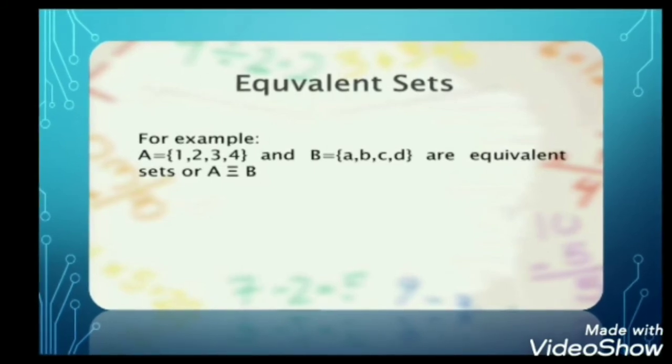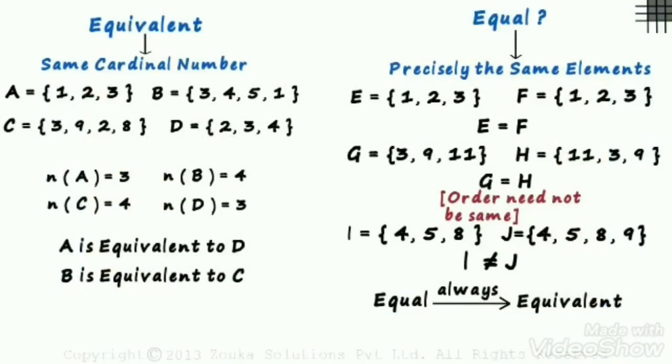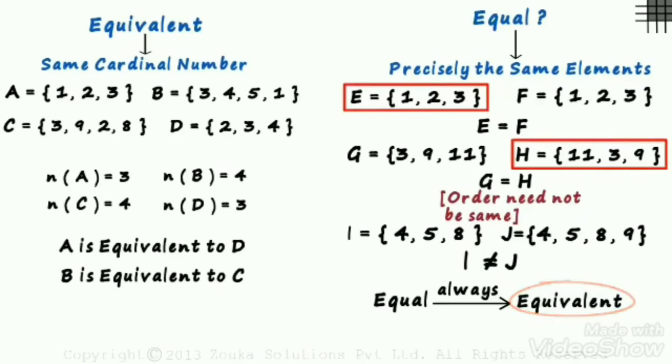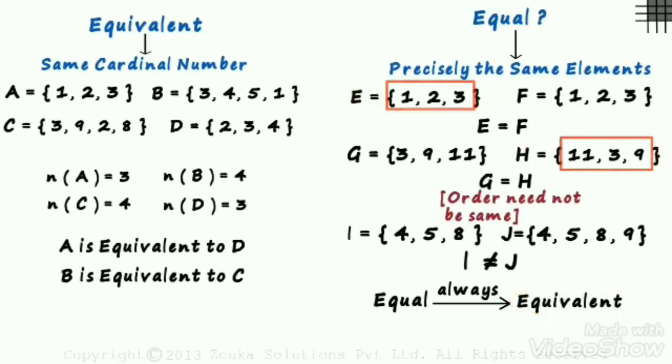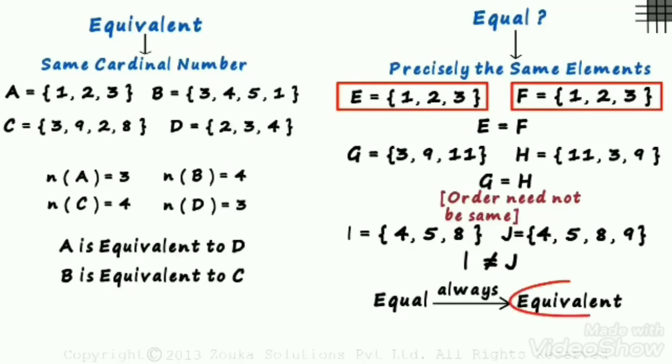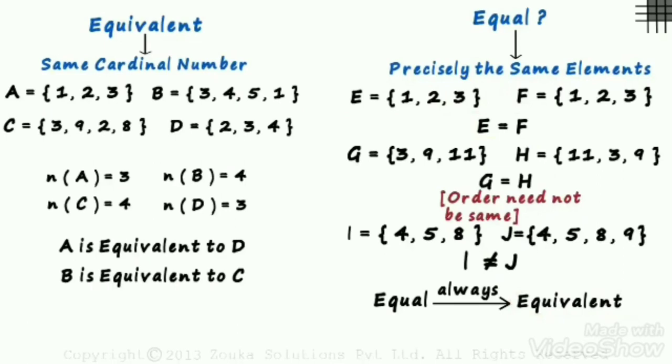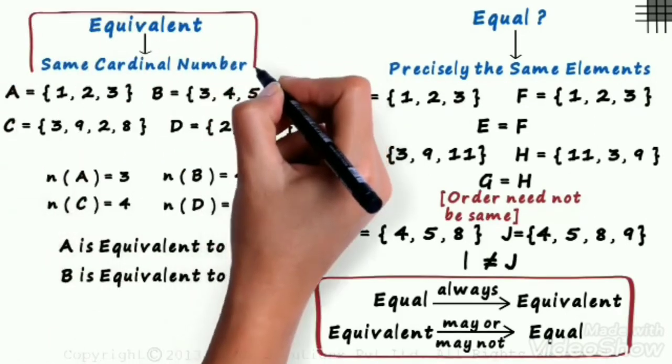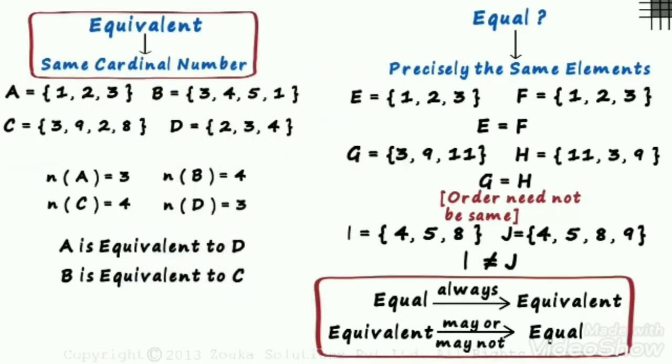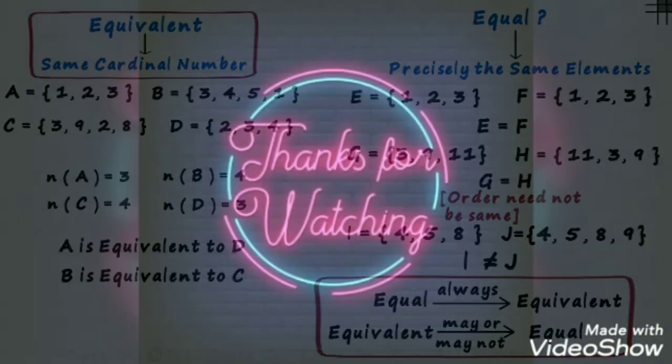Now take a concise look. See the sets E and F. They both have the same elements, so we can say that they both are equal sets. Now take your vision to G and H. They have the same elements, but the order differs. So in equal sets, the order need not be the same. But in equivalent sets, the cardinality matters. In the equivalent section, we have 4 sets. They have different elements, but sets A and D, and C and B have the same cardinality. So we conclude that equal sets have the same cardinality, so they are always equivalent. But it doesn't apply the other way around, for equivalent sets.